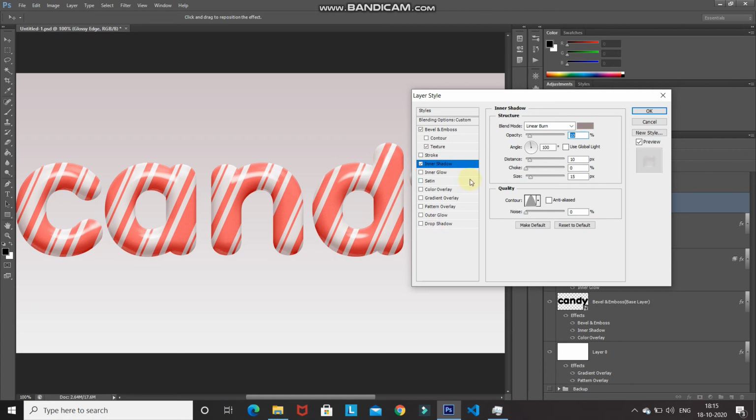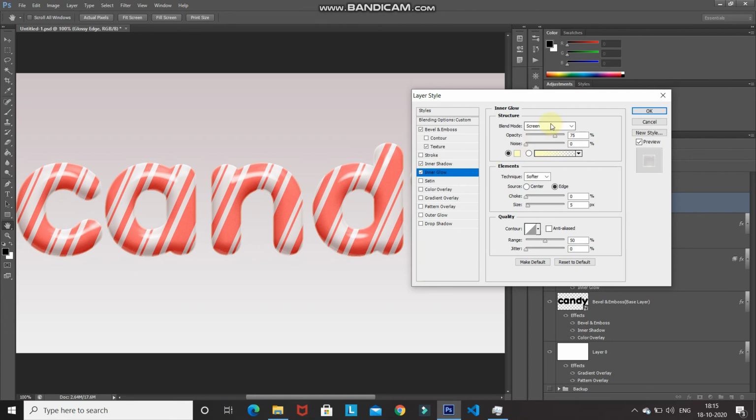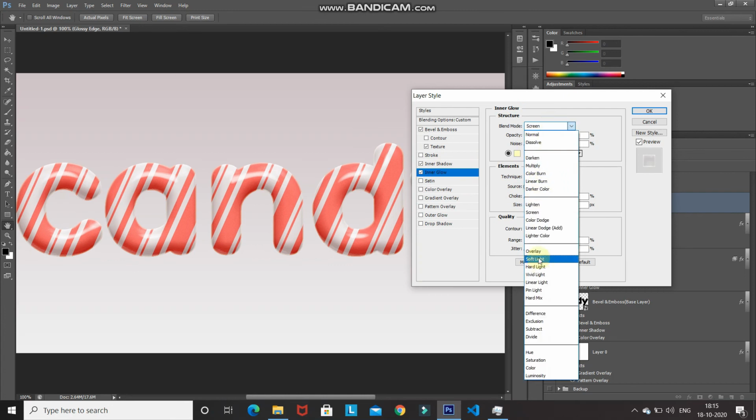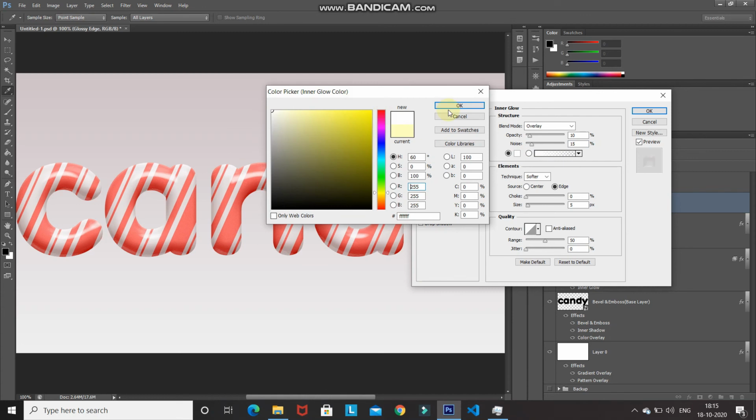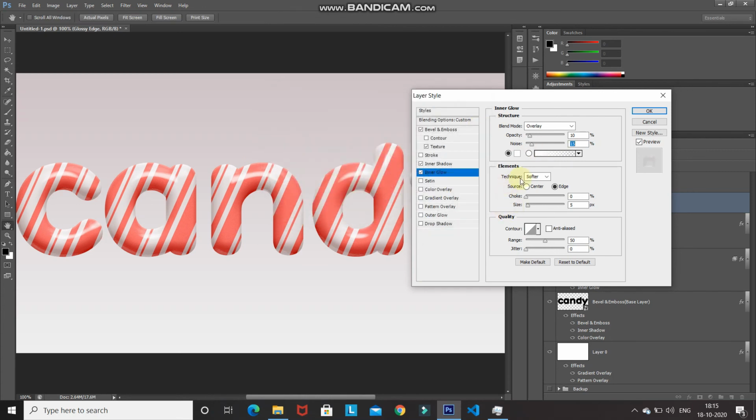Now once this has been completed, after that select the inner glow option and then set the blend mode of the inner glow to overlay. After that, set its opacity to around 10% and then set the noise to around 15%. After that, set the color of the glow to white. After that, select the technique as softer, source as edge, set the choke to around 50%, set the size to